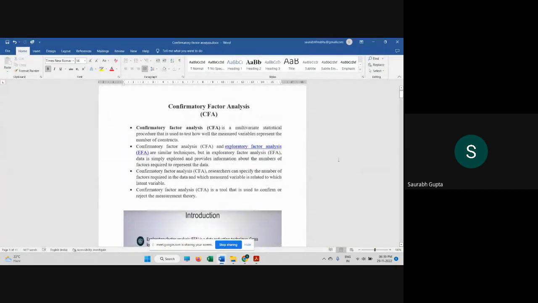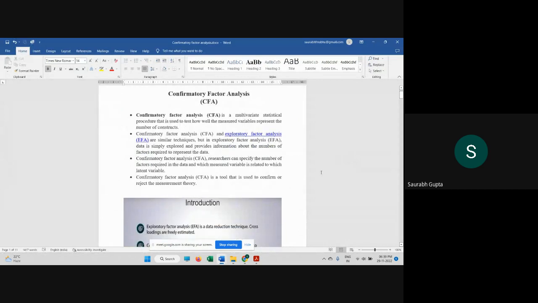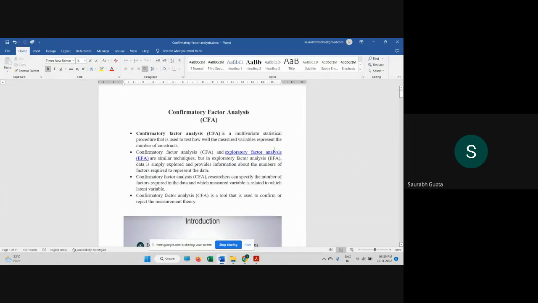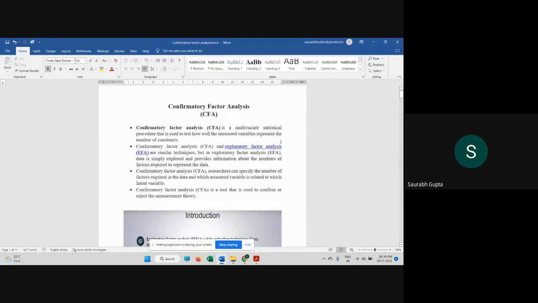Okay, so now, if we talk about the CFA, CFA basically is a multivariate statistical procedure that is used to